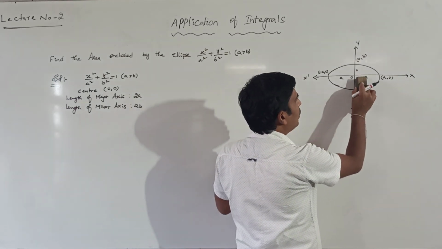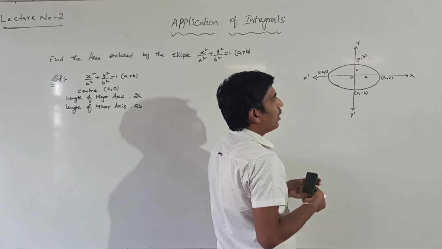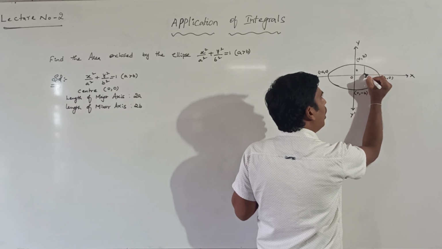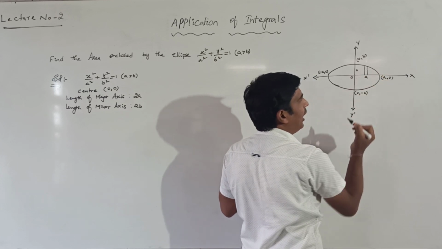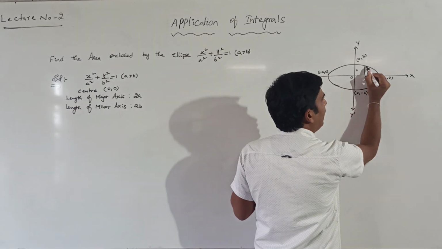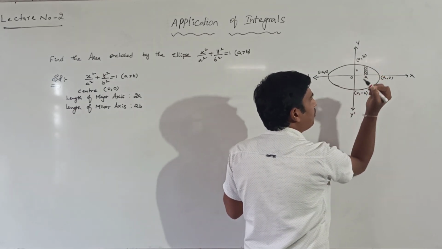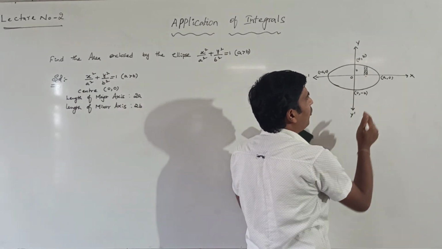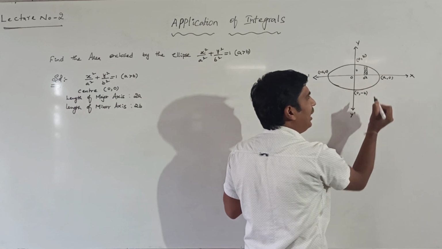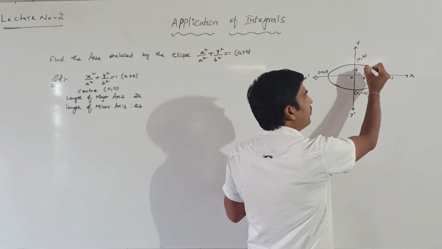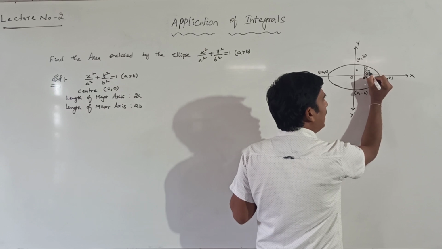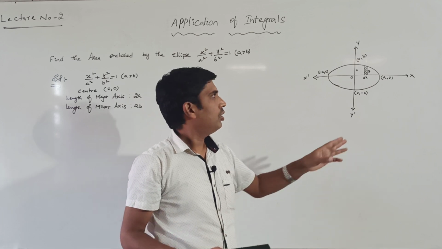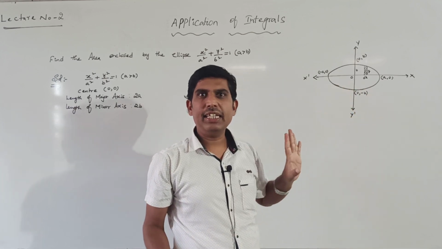So therefore, same as in circle, how I done? Take one small vertical stripe, here I took, shade this vertical stripe here. So this vertical stripe has the width, what is nothing but dx, and this vertical stripe has the height, what is nothing but y. So this much if you draw on the figure it is enough.